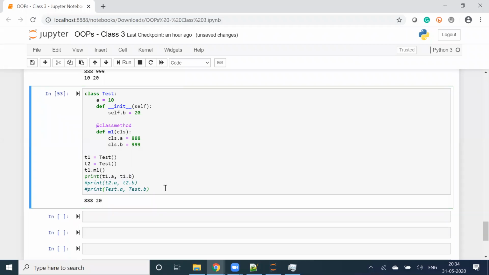All right. Now second, what will be the output for this? t2.a, t2.b. What is t2? A new object. For t2.a, I am not updating using m1. So the original value of a is what? 10.